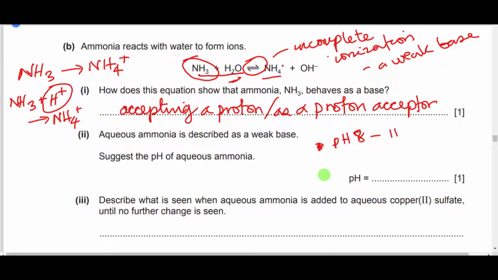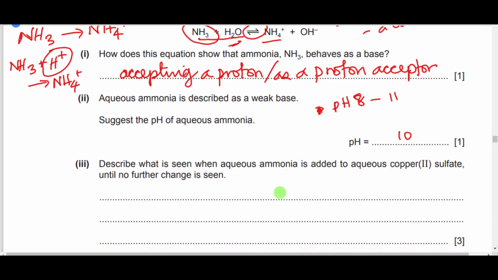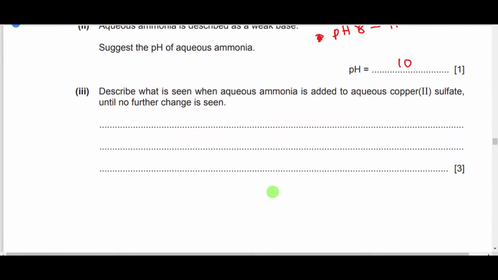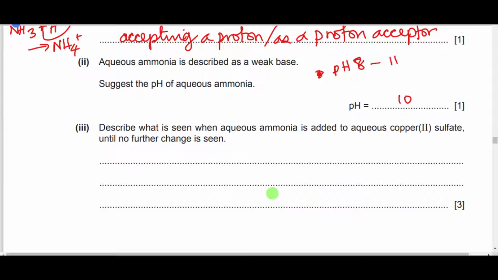So let's just take something in between. Let's say 10. If you write 8, you write 9, you write 10, 11, you will be correct, because it's a suggestion. Anything above 11 is strong alkalinity. And that's when you have your sodium hydroxide, potassium hydroxide. Anything below 7 is acidity. So describe what is seen when aqueous ammonia is added to aqueous copper 2 sulfate until no further change